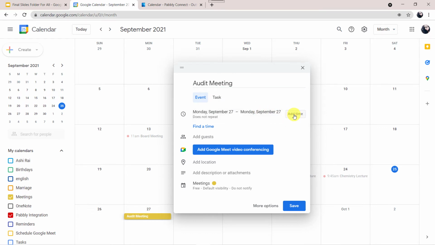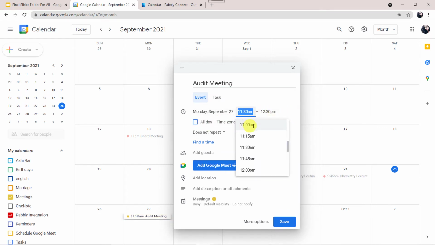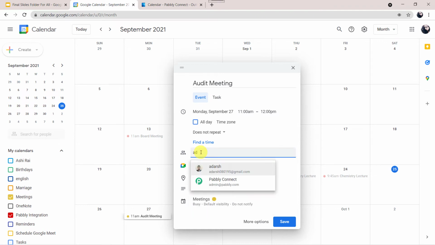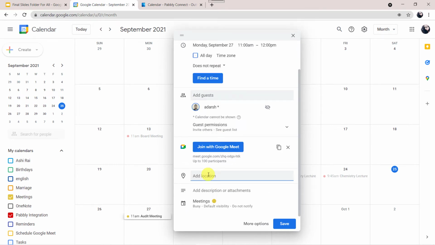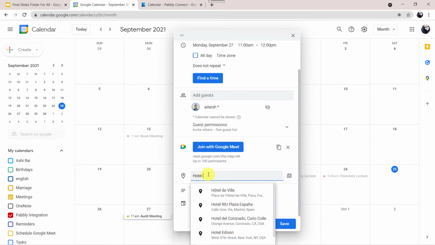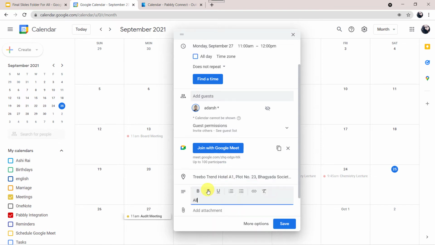I'll just add the time over here. The time will be from 11 a.m. to 12 p.m. Okay, and if I want to add the guest, I'll be adding let's say Adarsh. I'll be adding the location. It will be at Hotel Tribo, and description,